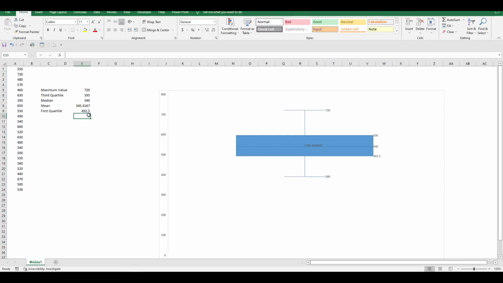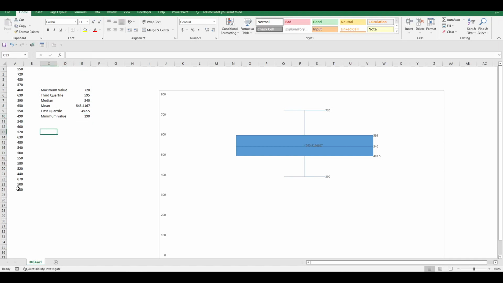And its value is equal to 492.5, and the minimum value is expected to be equal to 390. And that's correct. Now here is an example where we do not have outliers.